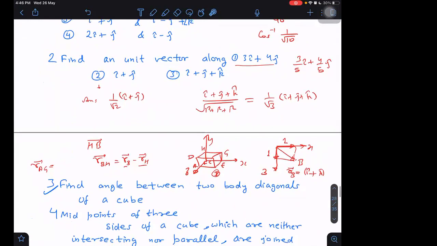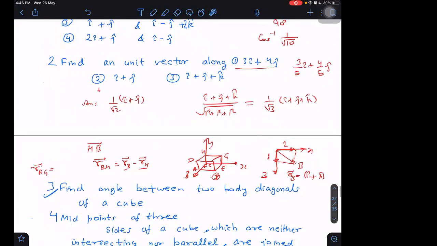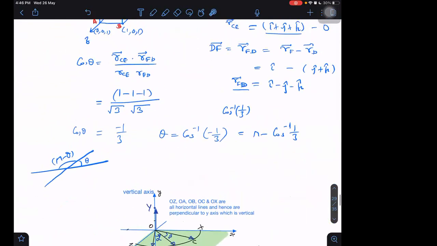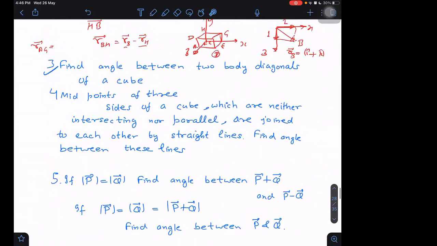Sir, is there any particular formula for finding the angle, sir? This is really strange, what you are saying. What we are doing here, what else is it? It is a particular formula only to find out the angle. Okay, I understood what you are saying. You are saying that after cos inverse 1 by 3, can we write the angle value? No, we cannot do that. We can find out only for the well-known values. For example, if I get cos inverse 0, then we can say it is pi by 2, because cos pi by 2 is 0. For well-known angles only we can do. For others, we cannot find out. So don't worry about it. Okay. Understood. Then come to question number 4.